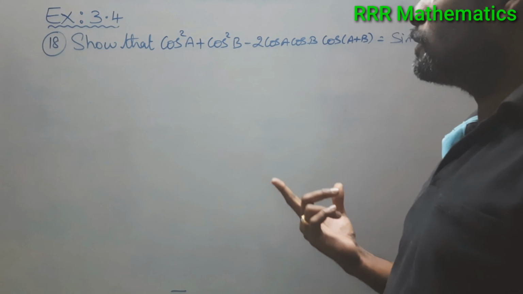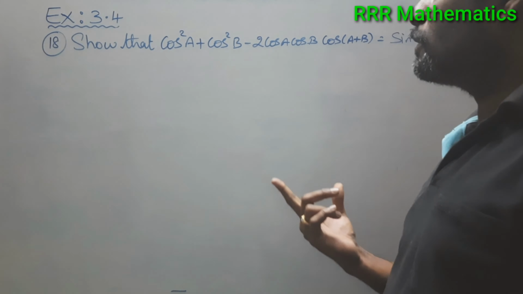Now I will write this minus 2 times cos square a cos square b as minus cos square a cos square b, one more minus cos square a cos square b. Got it? I will write this minus 2 as minus 1 and minus 1. When you simplify these two, I can write minus 2 times cos square a cos square b and write the remaining 2 cos a cos b into sin a sin b.